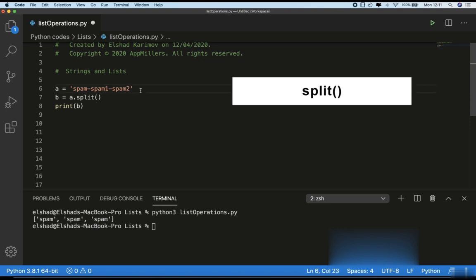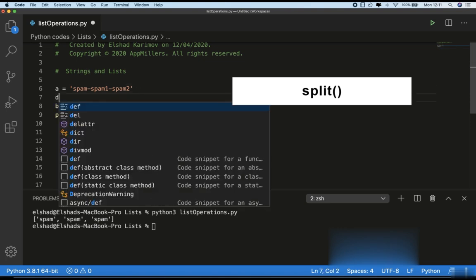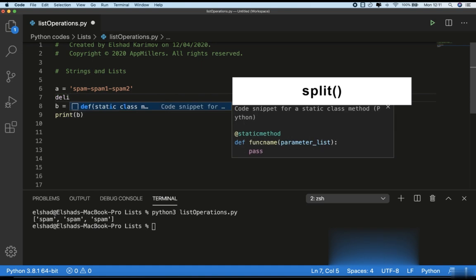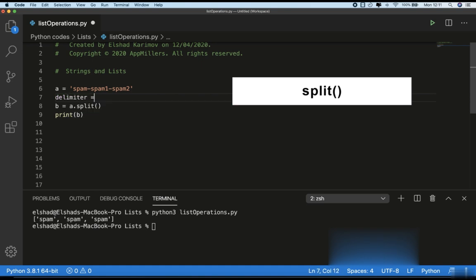So we need to do it like this. Before creating the list, we can create a variable delimiter and assign it to dash. Then, when we create the list, we will pass the delimiter parameter inside the split function. If I run this, you see that by using the delimiter parameter, we are able to convert this